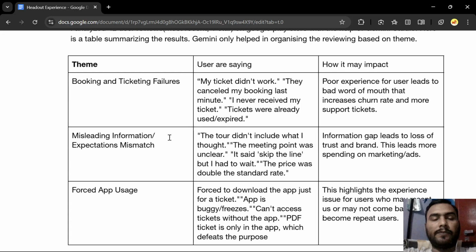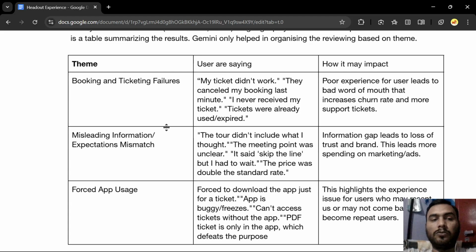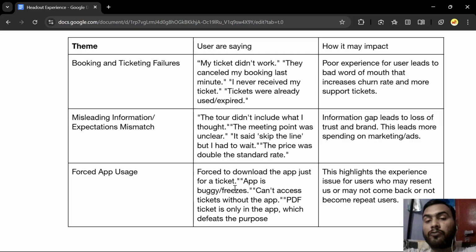The three themes that I found was the booking and ticketing failures users are mentioning. These are most recent, something like my ticket is not working or I've never received my ticket, and that is also related to forced app use. I am forced to download the app just for the ticket, and this directly leads them to resent it, because no one wants to be forced to download an app.